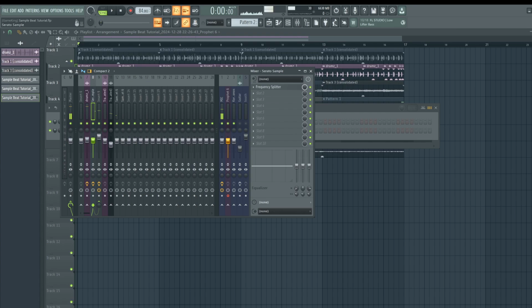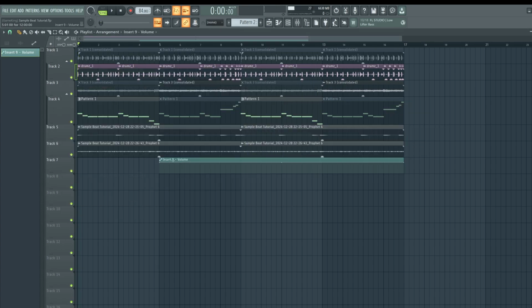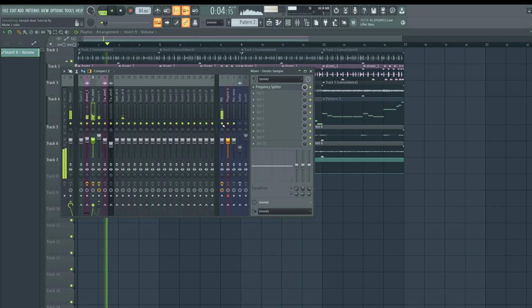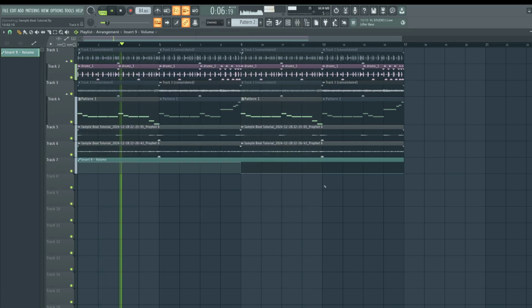And then we can control the fader here to turn the bass off. That would be an easy way to automate the bass. So on is 100% up, and then off would be 0. That way we have room to add our own bass.